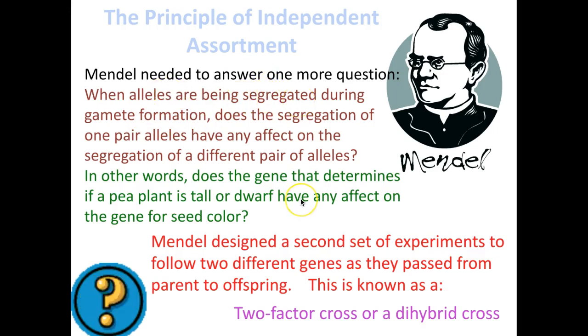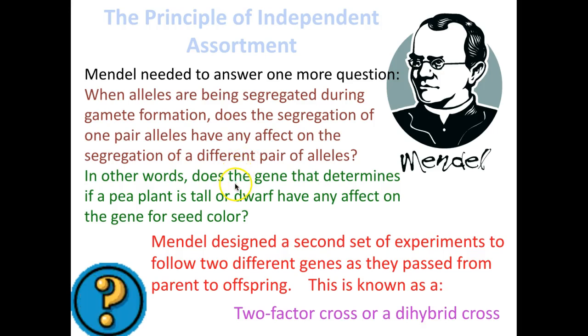and as a reminder of what segregation is, when egg and sperm fuse, you get one allele for each gene from a parent, so you get two alleles for each trait in total, but one from each parent. So when they segregate and they either have a dominant allele and a recessive allele, homozygous dominant, homozygous recessive, he wondered if the segregation of one pair of alleles could have an effect on a second pair of alleles